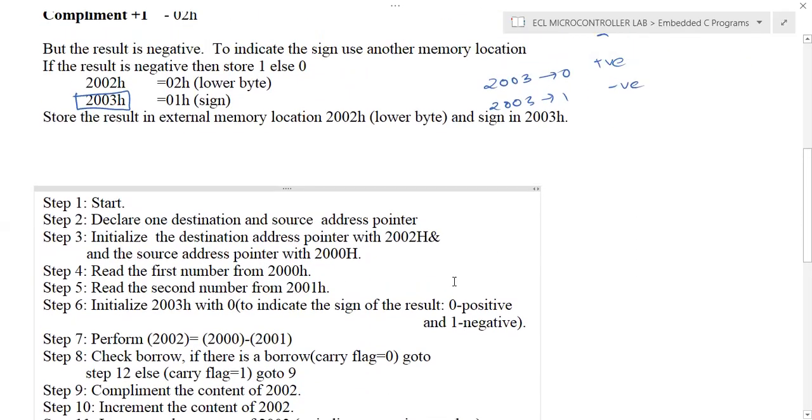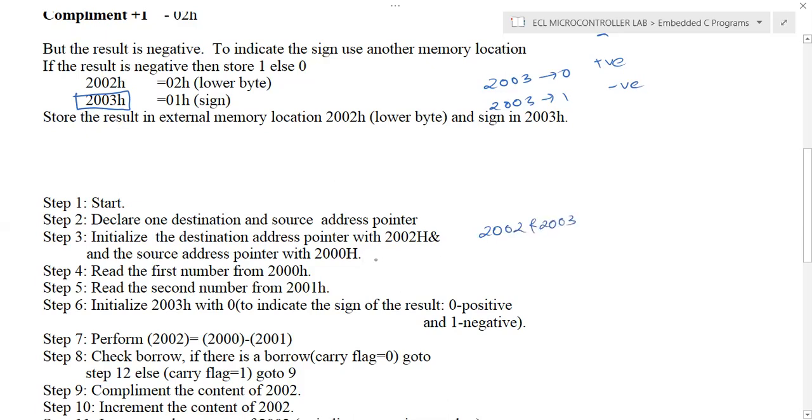We already mentioned that we require two pointers, or two address locations, to read the data and to store the result. So we use the destination address pointer and the source address pointer. We initialize the destination address pointer with 2002H because we are storing the result in 2002 and 2003, two locations.